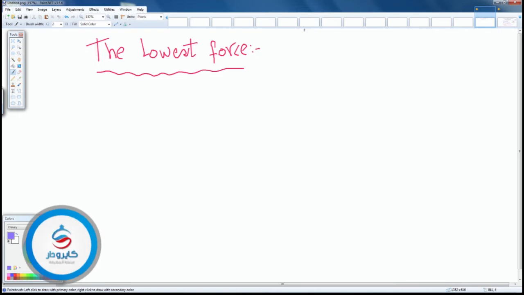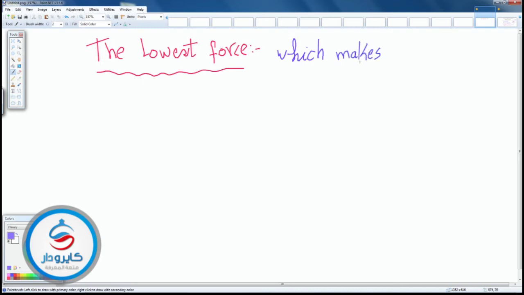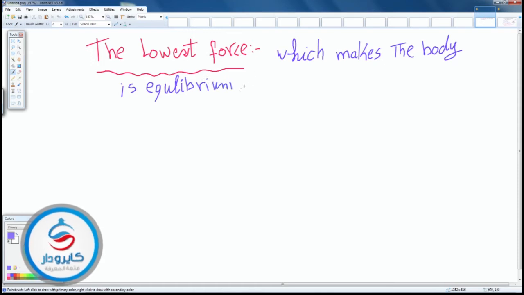The lowest force is the force which makes the body in equilibrium on a rough inclined plane,